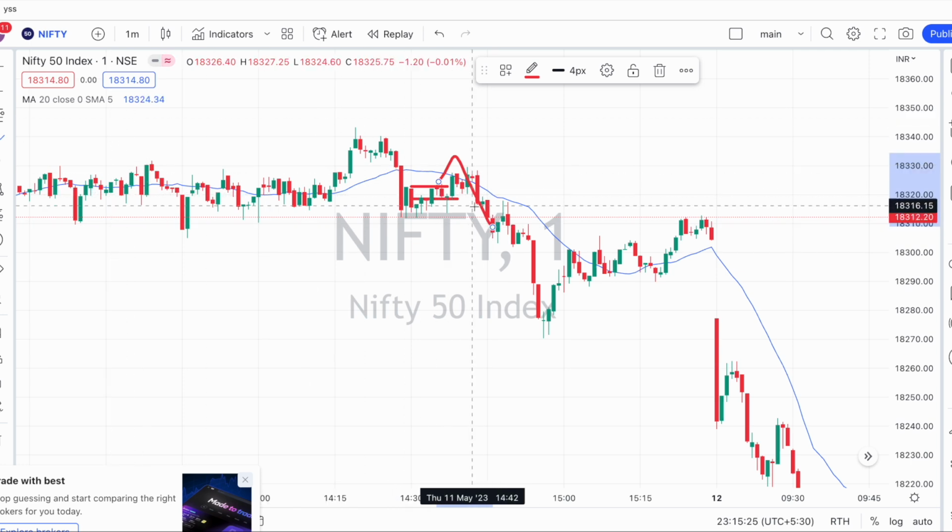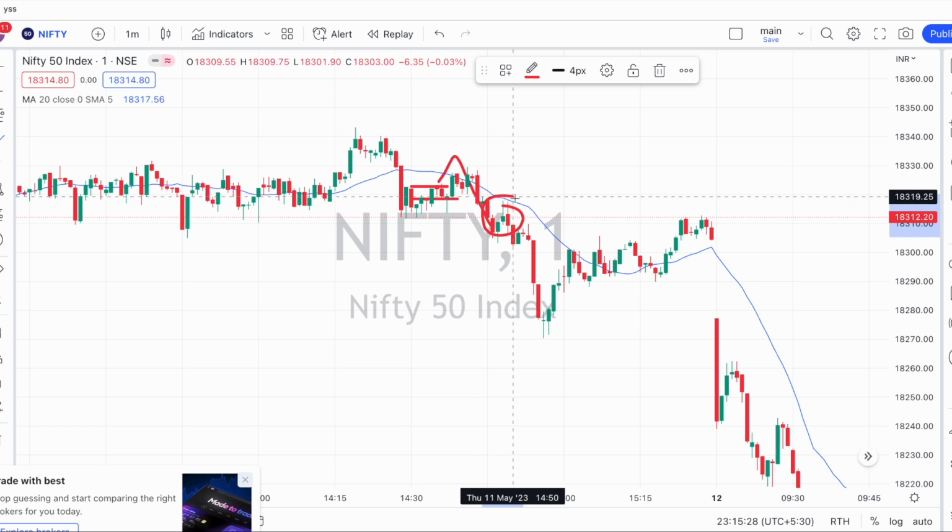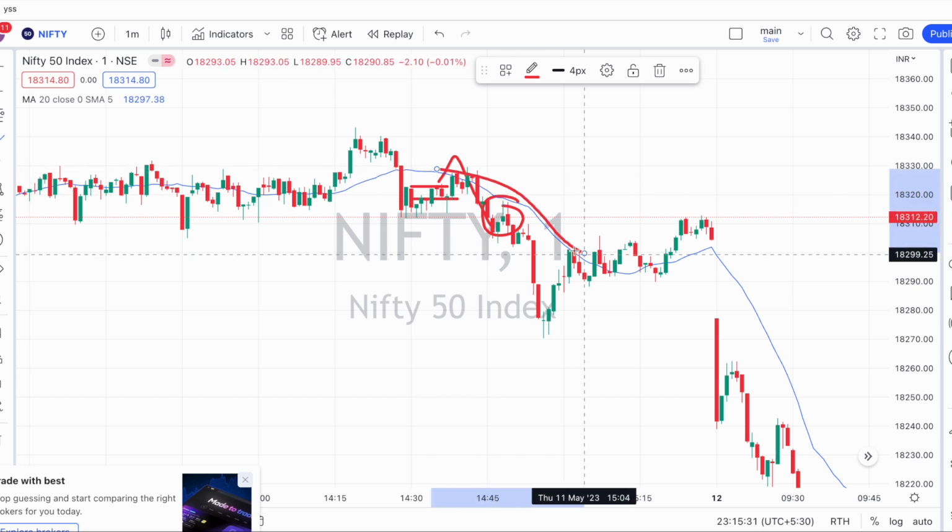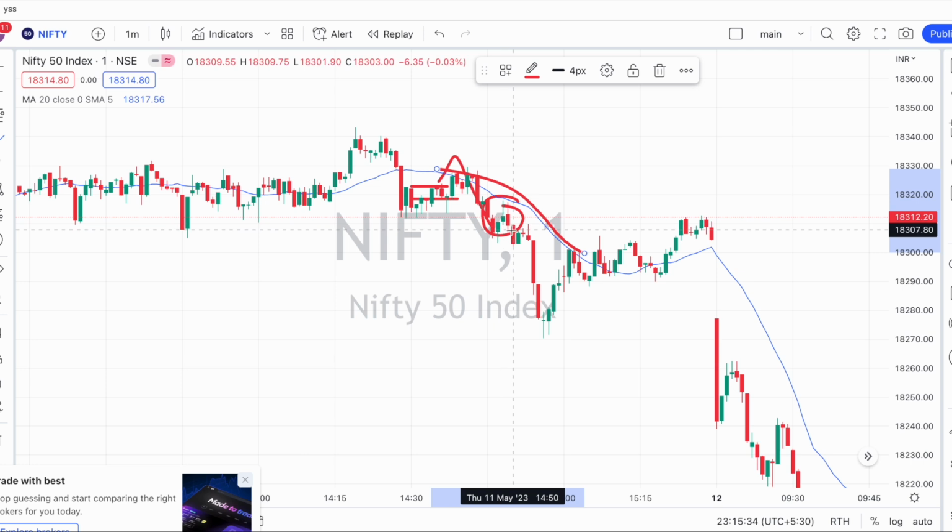An H formation followed by an engulfing pattern, and the moving average is falling, and the price moved at what time? 2:50 p.m. The price moved from 18,309 till 18,270, around 40 points, and 11 rupees premium, 18,300 P for the 11th May expiry. It went from 11 rupees till 38, 39 rupees, which is more than 3 times. So this is the power of scalping,